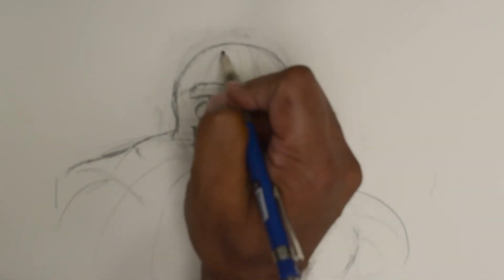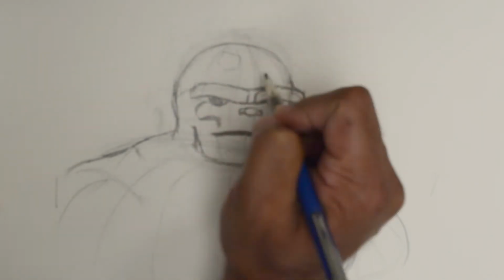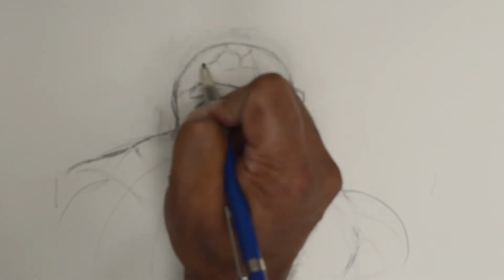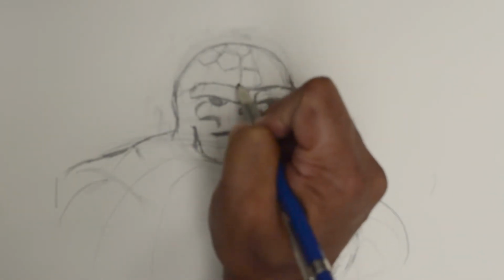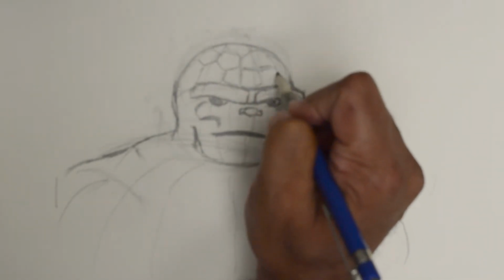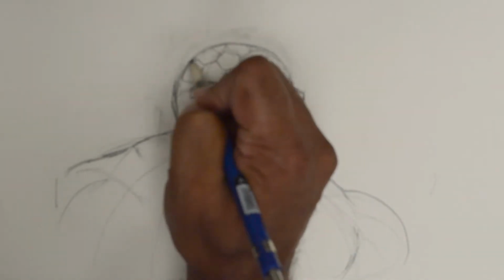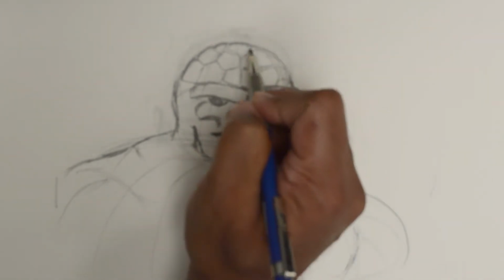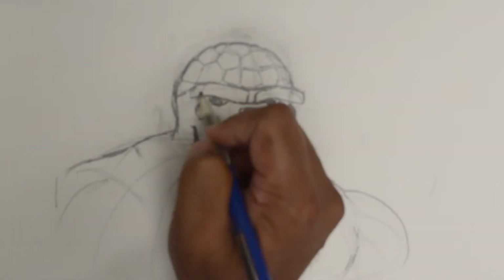And then along these lines you could start constructing rocks. You can imagine a pavement, and you have to imagine that all of these rocks are essentially connected. And then to make it effective, the rocks that are on the surface, you can actually give them a little dimension like so. So kind of like a scaly feel to it,